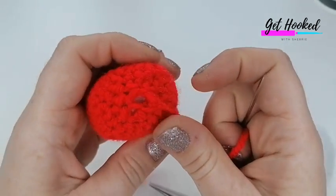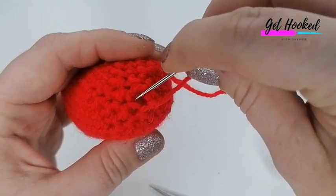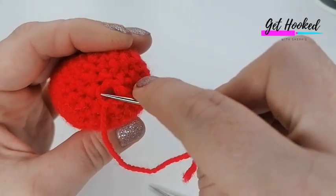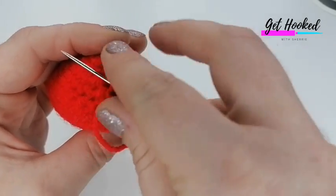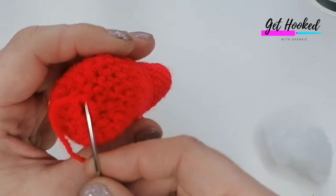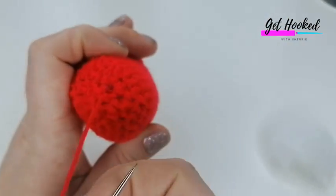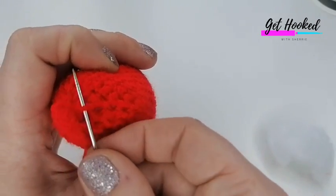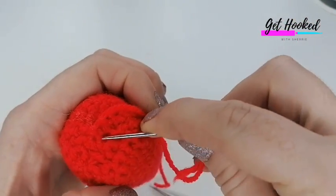and the way I do it with the tops of any amigurumi work, I follow the way it's been going. People may do it differently, this is just the way I do it, and I go through that back loop that's sticking out almost like a drawstring so I can pull it tight. So just go through all of the front loops until I meet myself back, and then just pull tight, and then we just want to fasten that off and